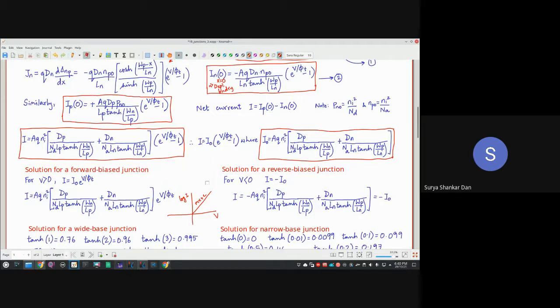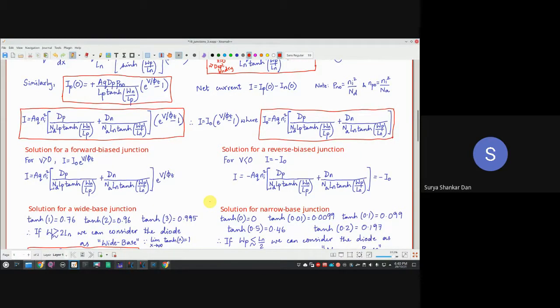Okay, we will look into that in much more detail when we are dealing with MOSFETs. That is what leads to subthreshold leakage. Okay, very, very important in modern technology. So this is for the forward bias junction, reverse bias junction. Cool. अभी आएगा मज़ा. Now for real life situations, real life means practical situations where we will encounter the junctions.